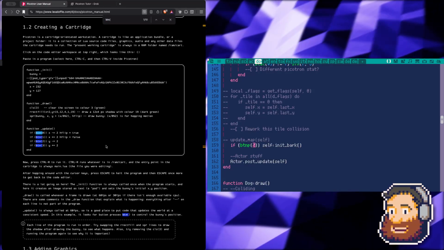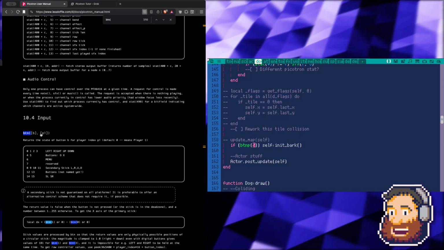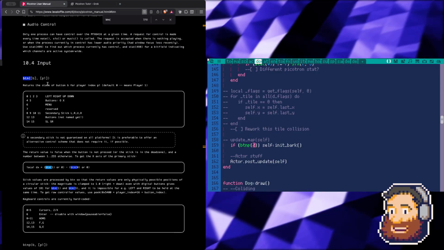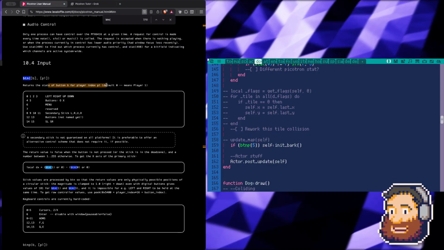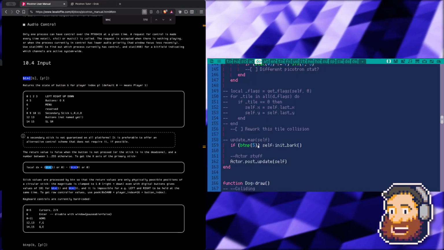Button. Who's got the button? All right, button and then player. Returns the state of button B for player PL. Default 0 means player 1. All right, so